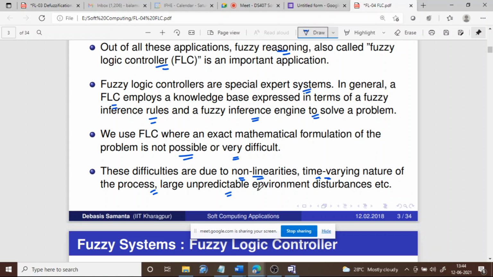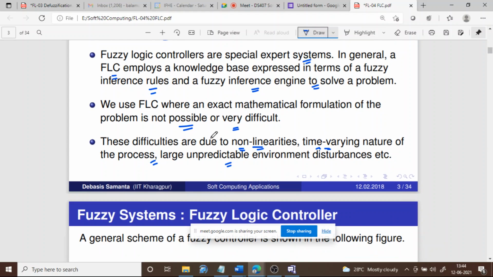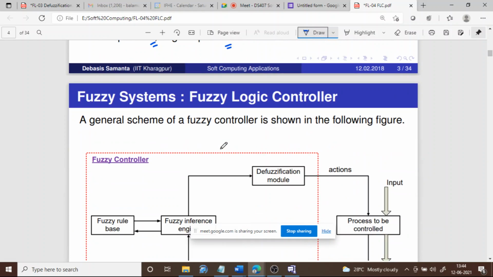It is not that the environment that was there the last time you solved the problem will be there now. It may not be there. Your system should not assume that the environment will be like that and work based on that. This is somewhat related to what we have discussed in the introductory part. Fuzzy logics are used to solve problems which cannot be solved normally through mathematical procedures, right?